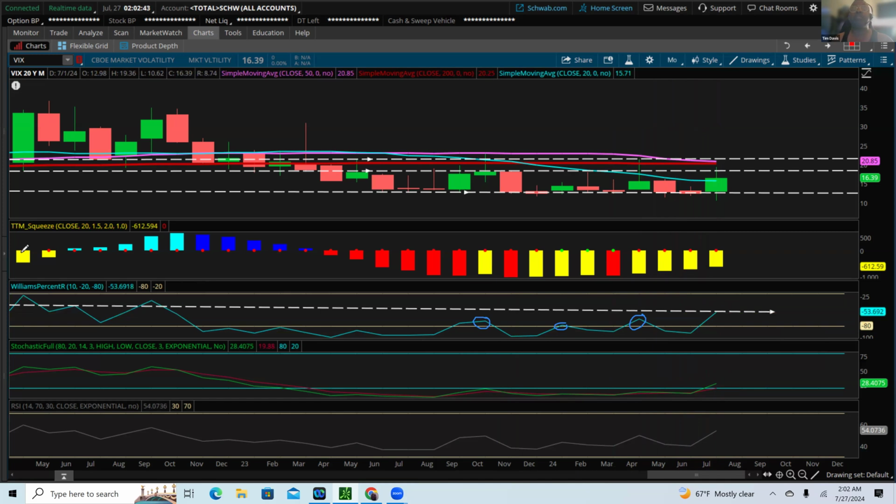On a bigger screen, I think any pullback in the VIX, any bears trying to take the VIX down, is going to be met with some fierce buying pressure. We're going to start to see the VIX possibly continue its way higher over the long span. So that's something to keep in mind, unless the VIX can find a way